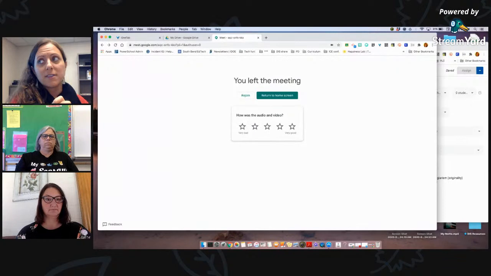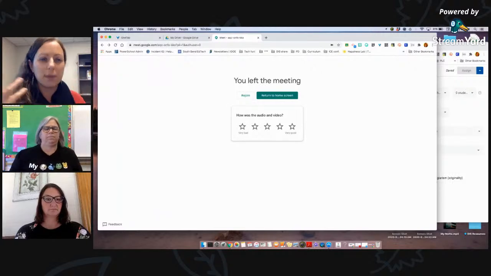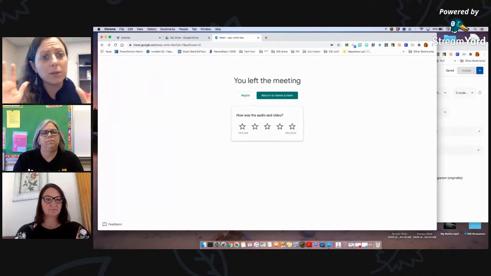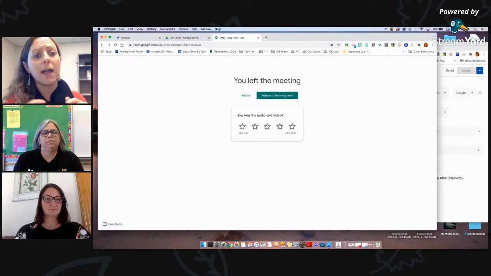So if it's maybe a couple words that shouldn't be there, you can use your cursor and there's an easy way that you can mark this, even just a couple seconds. And you clip that out of there and it'll have that transition. You'll notice the edited out part, but it's not going to be a glitch or anything like that. And then you just re-upload that into your drive,